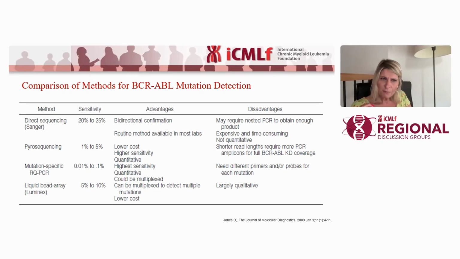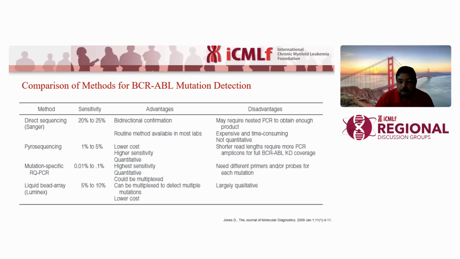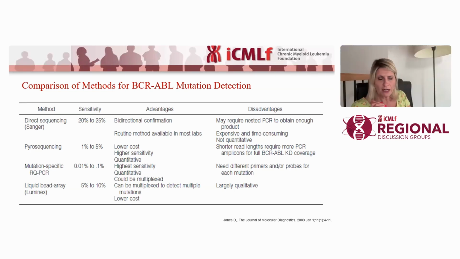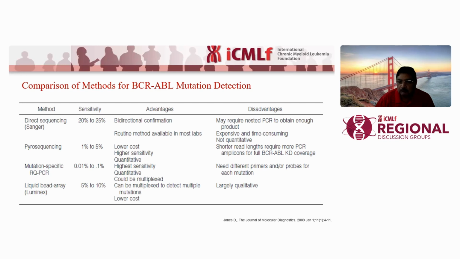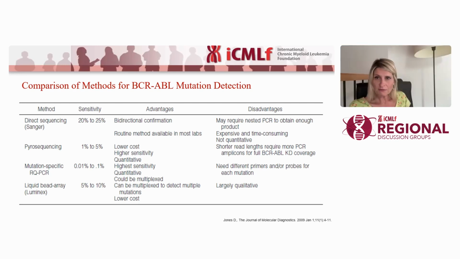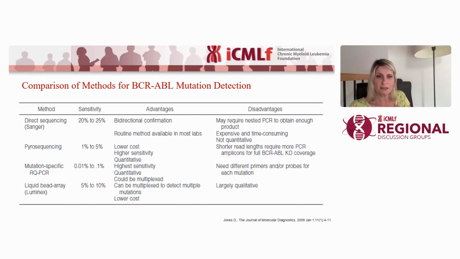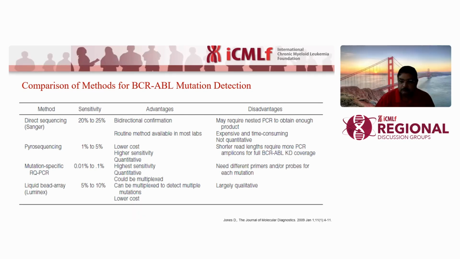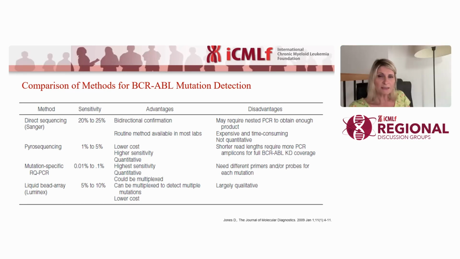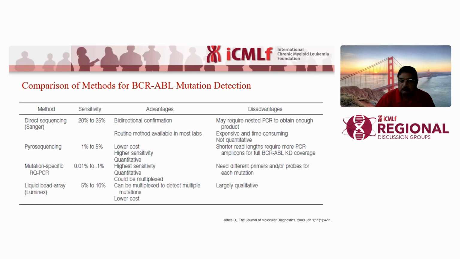I think it's very important that we all bear in mind and remind our physician colleagues that these tables are totally unreliable. So I would rather suggest sticking to the tables appearing in the ELN recommendations, in our recommendations, where we list those mutations that will be insensitive to a given TKI, so that TKI can be avoided,